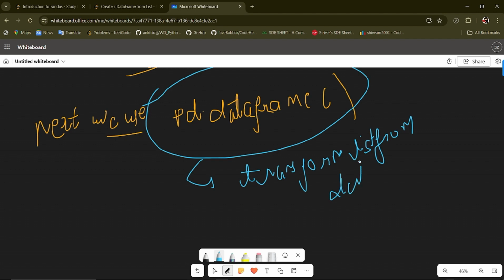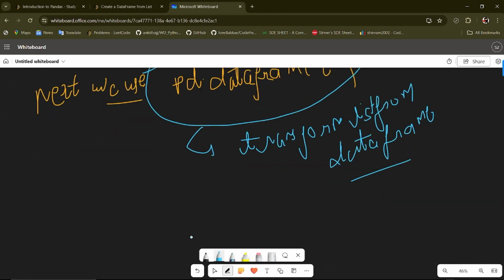And we will specify the column names directly. We use columns as a parameter. So let's put our code here.